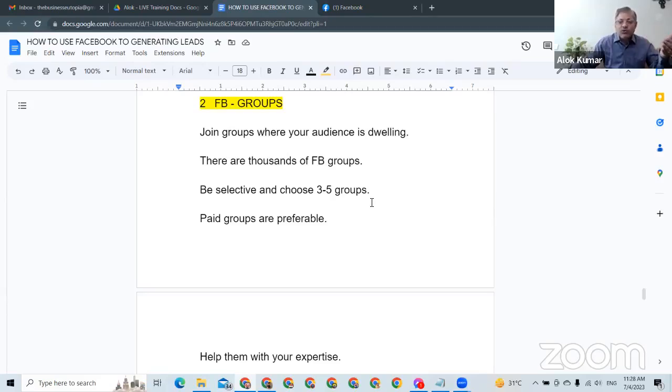We recommend you to get into some paid groups by paying maybe $7 to $97 or $297, because the more you invest in these paid groups, there are people who are waiting for your services. These people have come here to give and take services from you. So the more you invest here, again, depends on your budget. You can start from $7, $97 or $297, whatever budget fits you. But the more you invest here, the more quality audience you get who are ready to pay for your services.